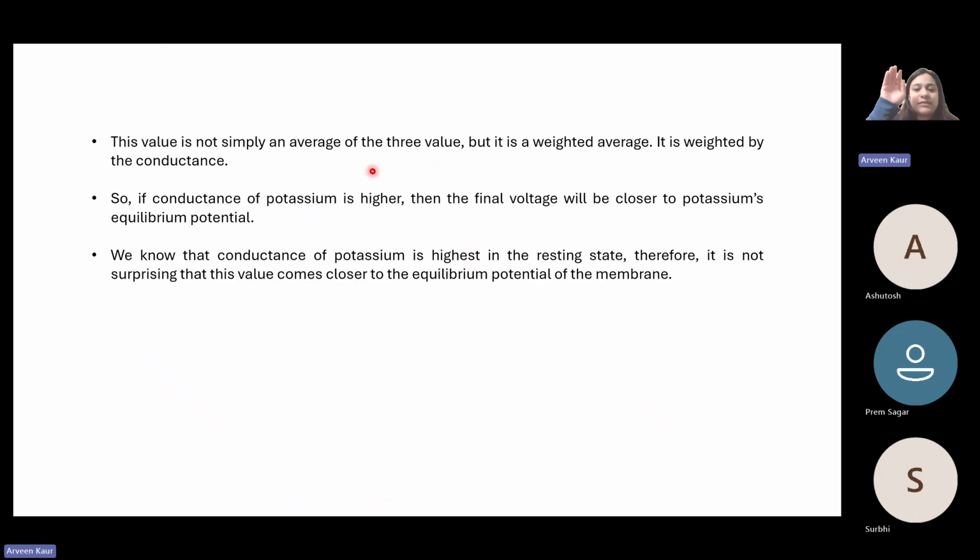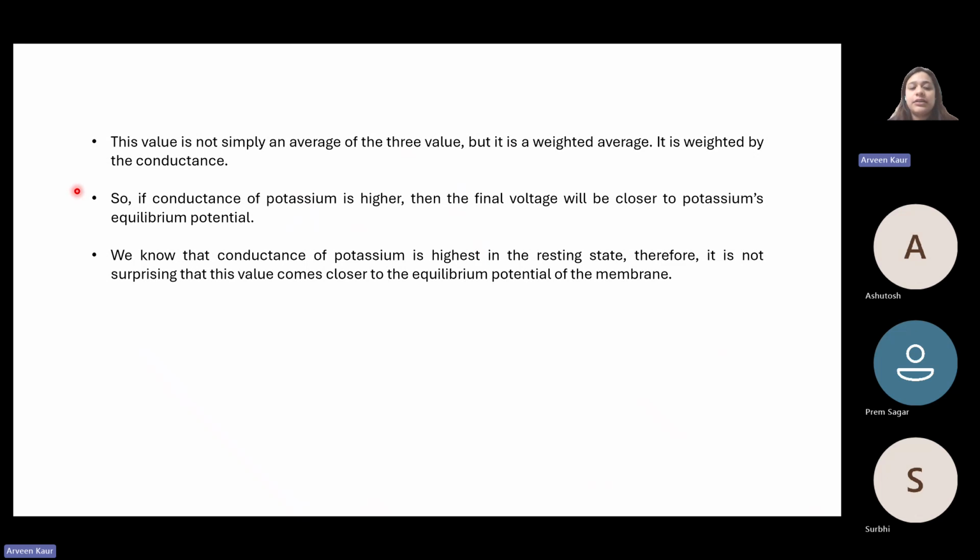Then it would have been somewhere in the middle, but it is a weighted average, right? It is weighted by the conductance, so how much it is getting conducted is weighing in on this average. That is why it is coming closer to the potassium, right? Because the conductance for potassium is more. So if the conductance of potassium is higher, then the final voltage will be closer to potassium's equilibrium potential,